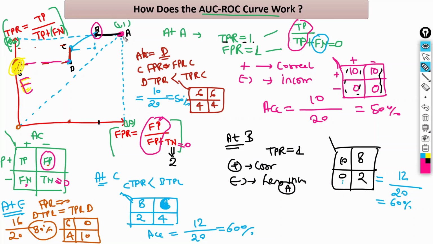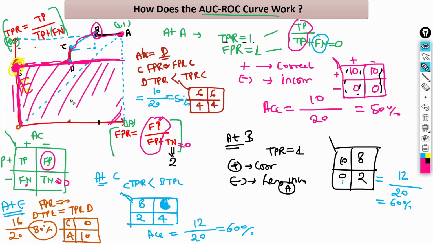So by using this we can draw this particular curve, right? And we can check at which point I am getting the best accuracy. So we can say at this point I am getting the best accuracy. So my area would be like this. We can say this particular area,